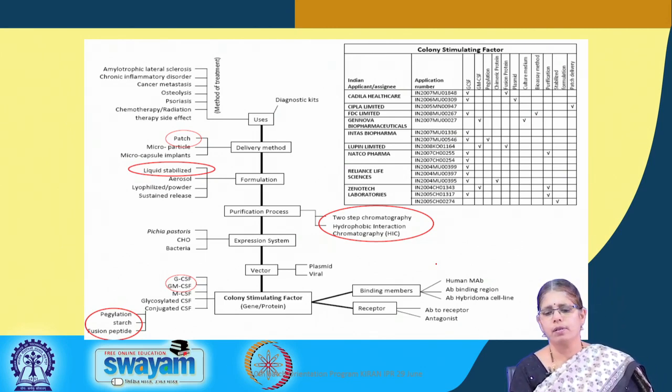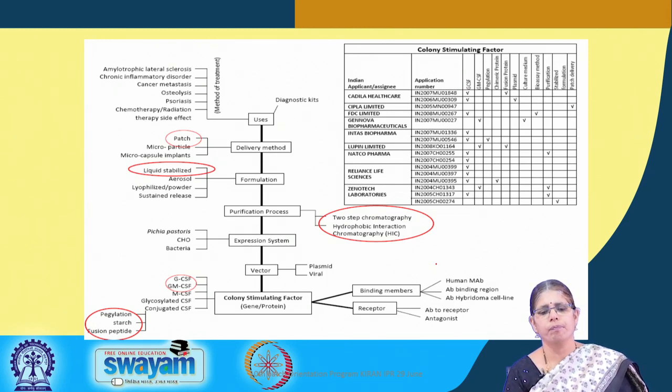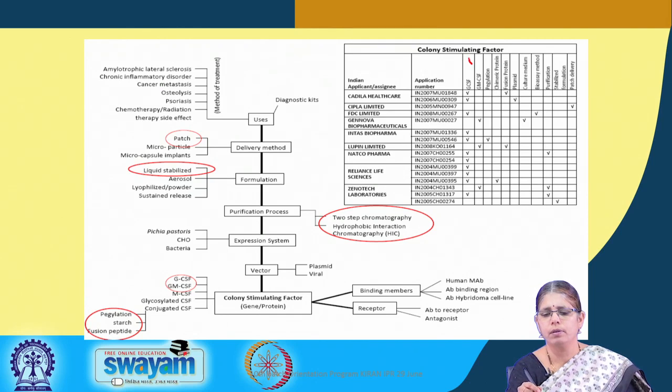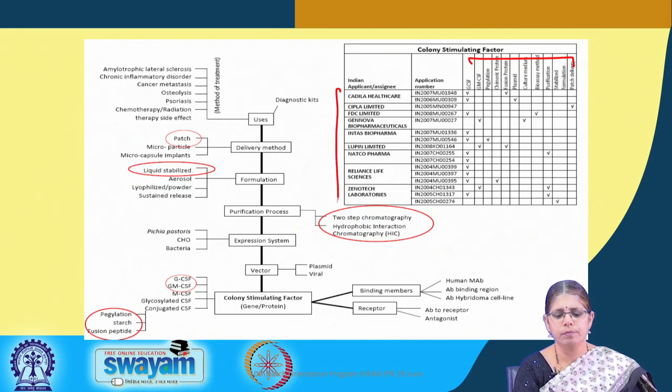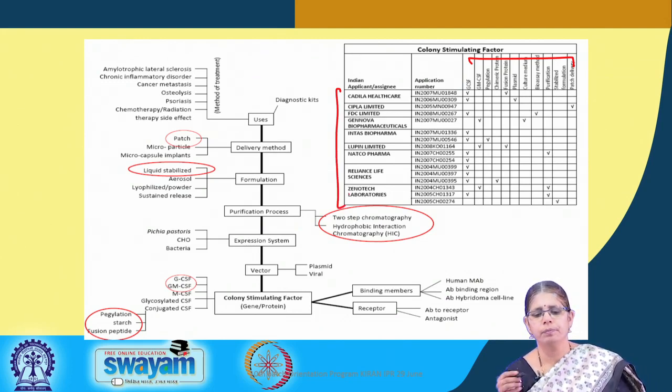So, this is a simple landscape analysis of colony stimulating factor, taking into consideration both the aspects of gene as well as protein. What you see in the inset here is an Excel sheet, which is the basic sheet for cataloging all the information in relation to different patent applications, and then looking at what are the areas that they represent from the point of view of, remember, the original technology map, and then who are the applicants who are actually having the